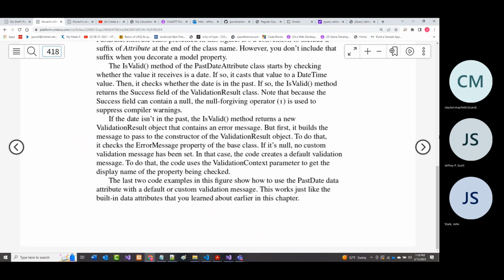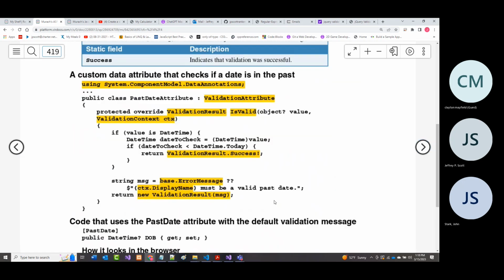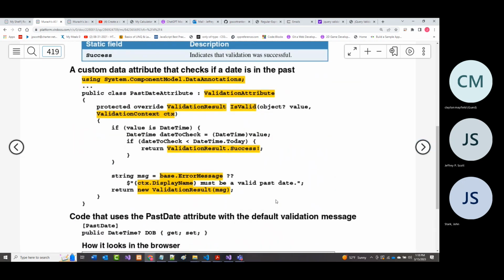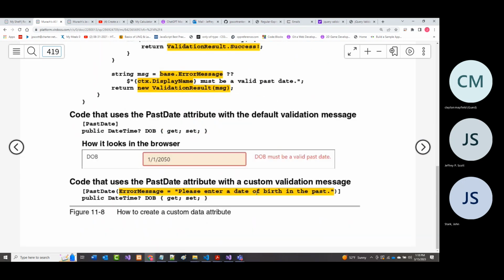Now, really, with the example they give in here, you could do this example that they show here on page 419, and I think it would not only be easier, but would work just as well, if not better, without using custom validators. What I got out of this section was, although this stuff is plausible and possible to use, there's probably very rarely going to be a time that you need to use it. All right. Okay.